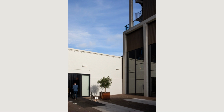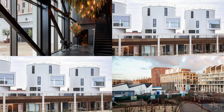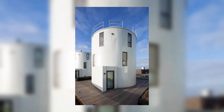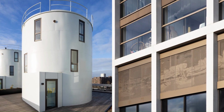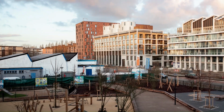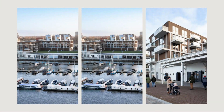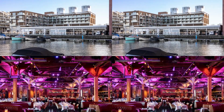There are the leftover industry-sized wine silos that have been turned into rooftop villas. Then there is the club at the heart of the new building, soundproofed and structurally isolated to such an extent that it was possible to build apartments directly above it. Finally, there is the original building from 1901, neatly encapsulated by the new building and topped up with a green